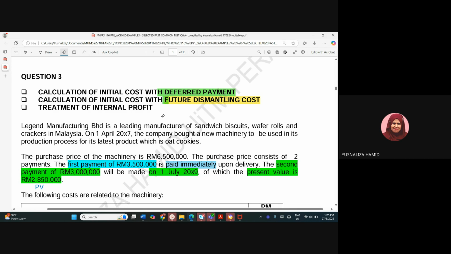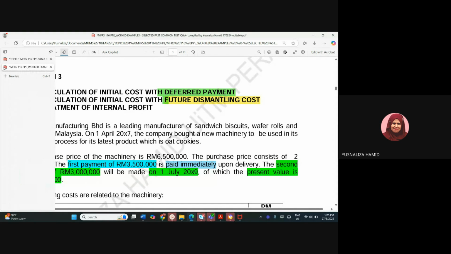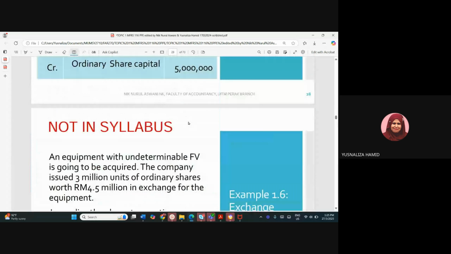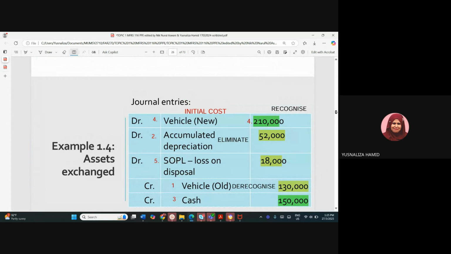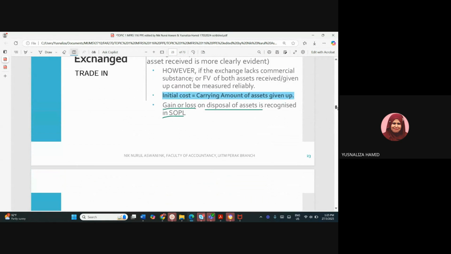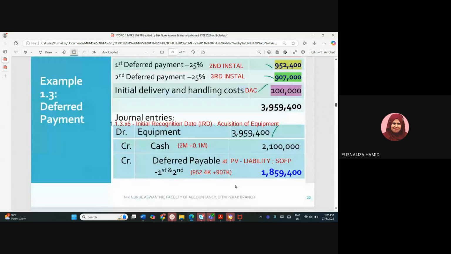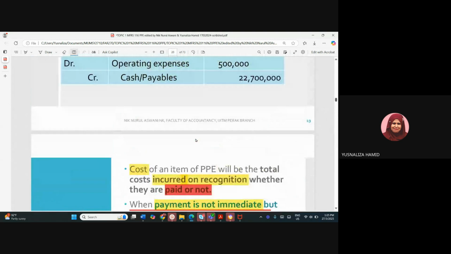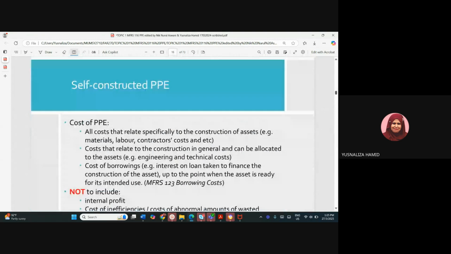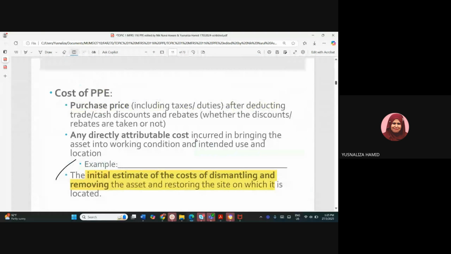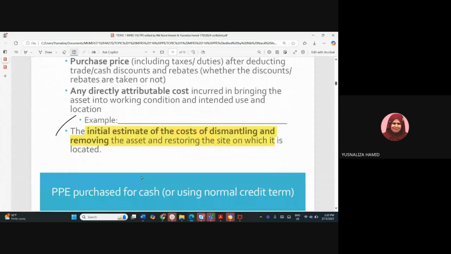The present value of the deferred payment. Remember the case of the installment payment that we made in our example before this. In case you have forgotten, let me just recall your memory. This one here. A little bit upward. This one, yes. Yeah, this one. We're going to combine this, and I'm also going to add up with this thing that I've explained much earlier, which is on initial estimate of cost of dismantling and